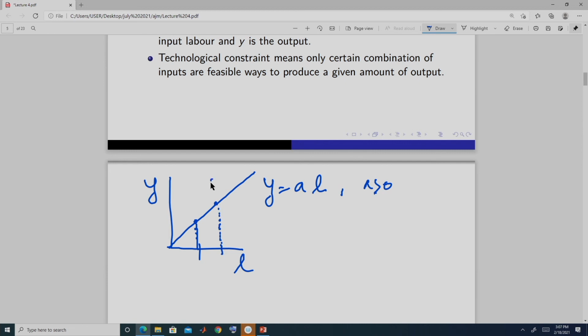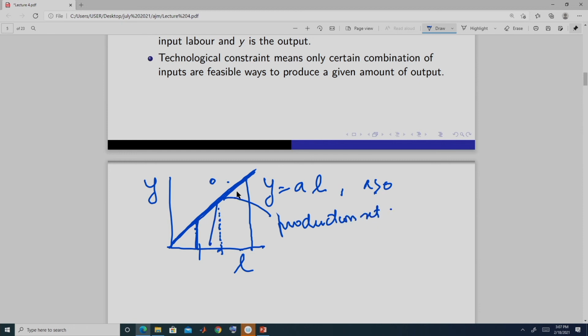But we will not be able to produce this much output if we employ this. To produce this much output, we need to employ this much labor. So, this is the production function actually,